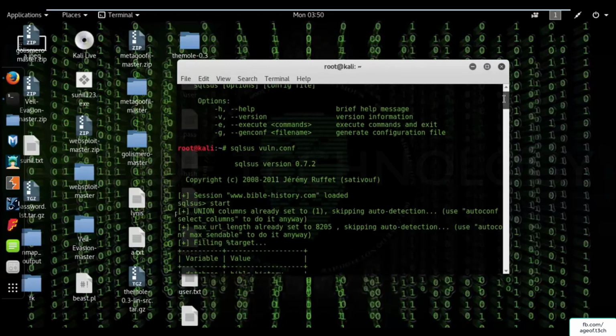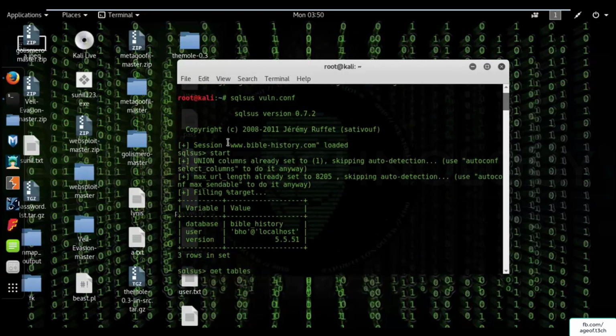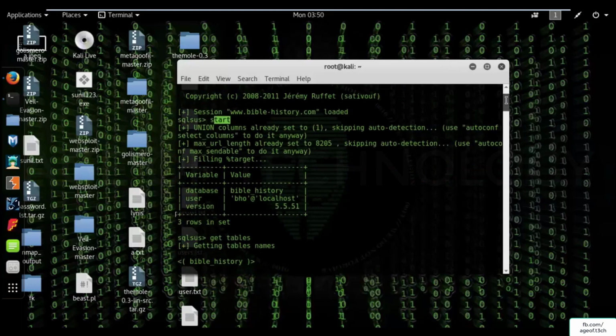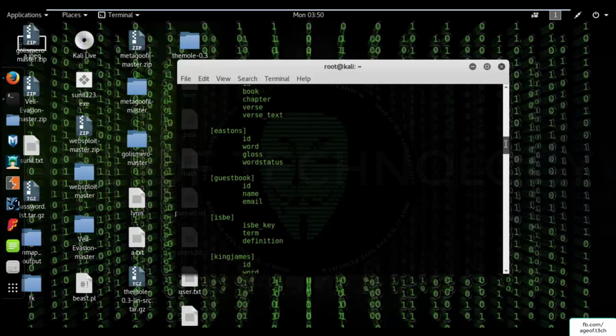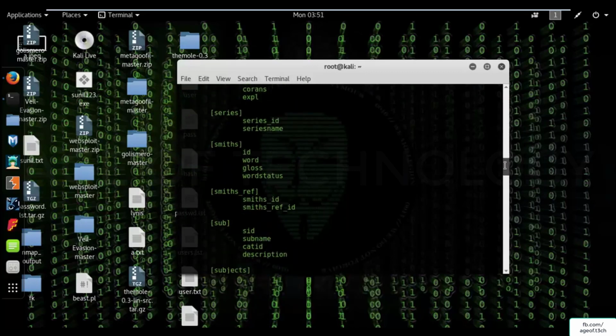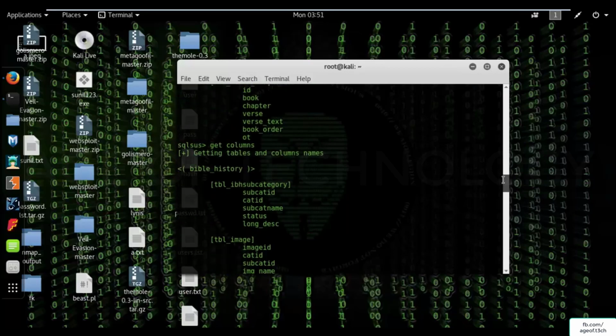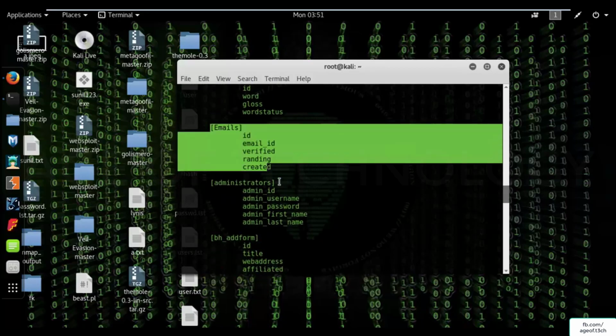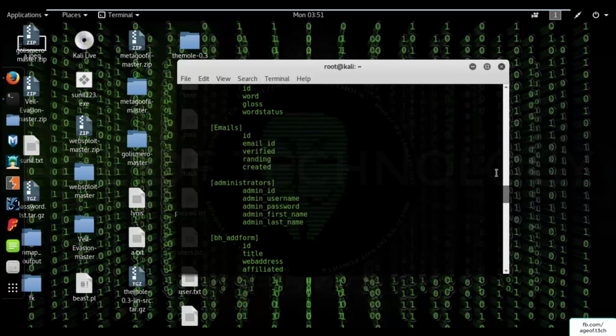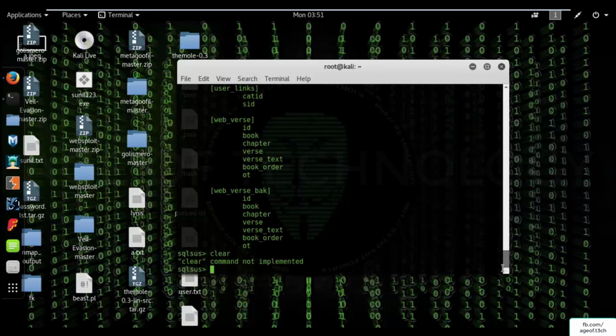First of all, we have typed SQL vuln.conf, then we have typed start, right? Then it has started. Then we type get tables to get the tables. Then you have to type get columns to get the columns available in the database. Then I see that there are some columns which are important for me, so I'm trying to find out the columns. So let's type